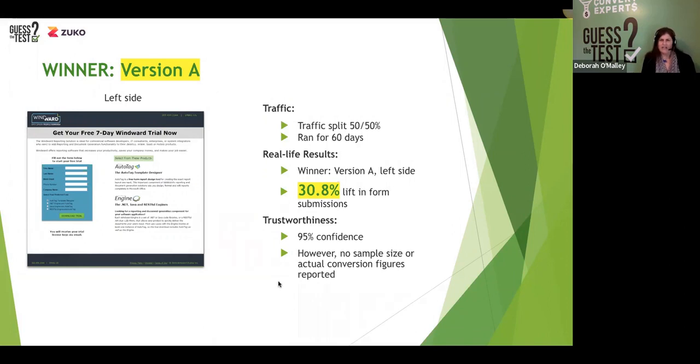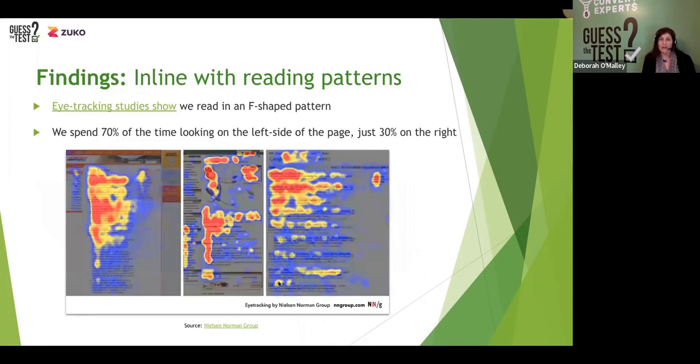And the rationale of why this may work, well, it seems to be in line with reading patterns. So I mentioned I have a master's degree specialized in eye tracking technology. These are eye tracking heat maps. What they do is they look at how the eye reads on a screen. And there's a certain letter that emerges as we land on the screen and scan across and scan down. This is known as the F-shaped pattern. This F-shaped pattern seems to be how people in general read on